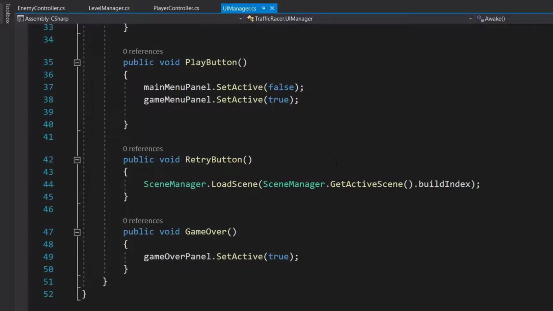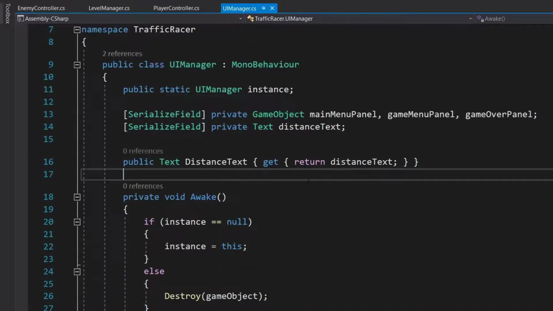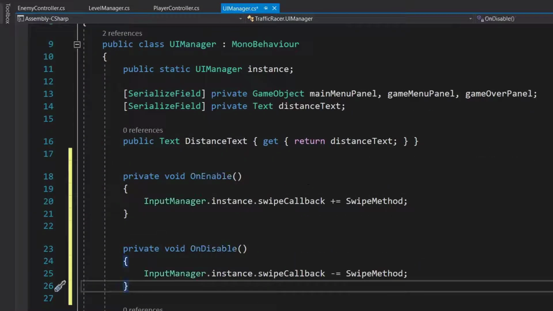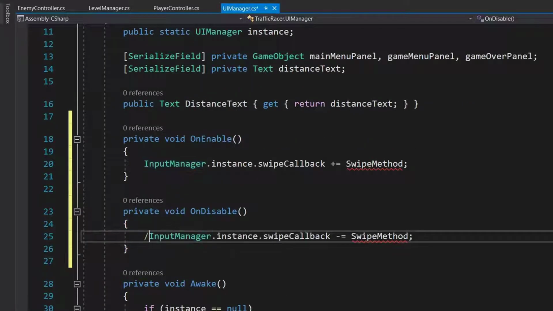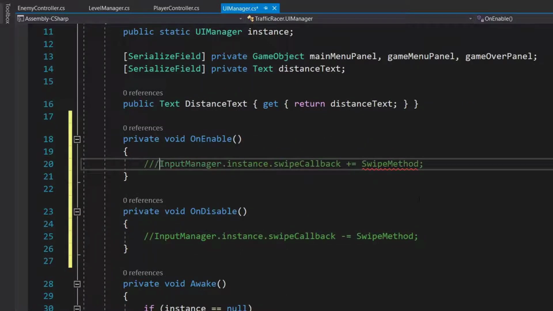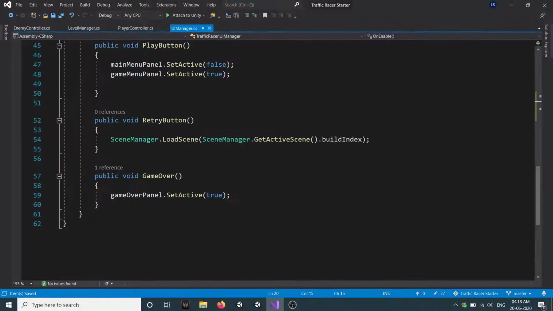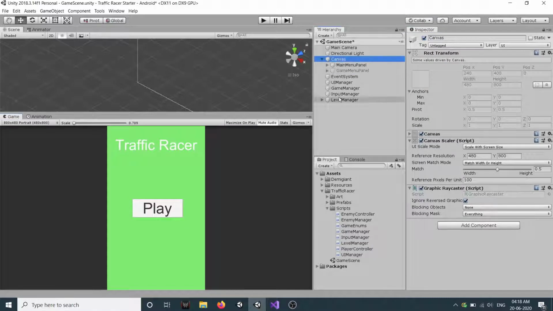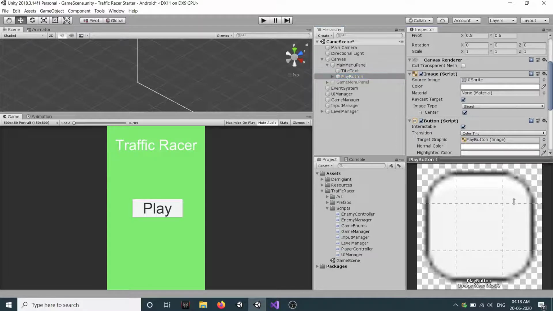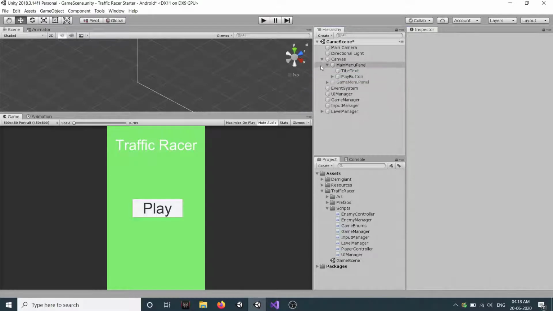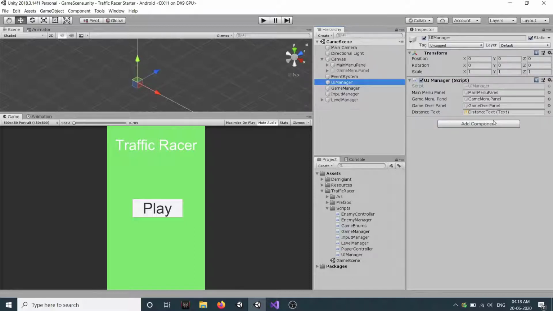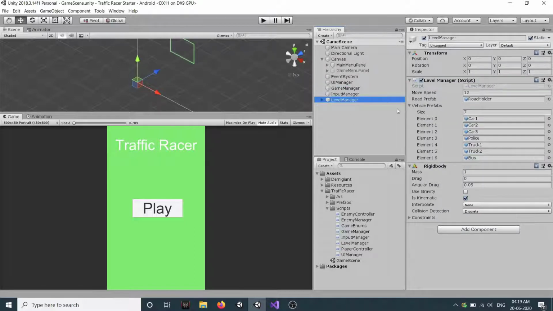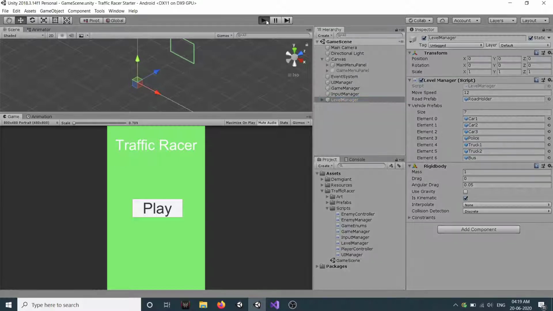Let's go to our UI manager, and above here just paste your on enable and on disable. So right now just comment them out, because right now we are not using them, but we will use them. Okay, so let's go back and let's try it. So first let me check if we have added our methods to our button. So our play button has a method. Okay, I think we have added. Where is our UI manager? So UI manager has all the components and level. Okay, fine. So let's click on play.